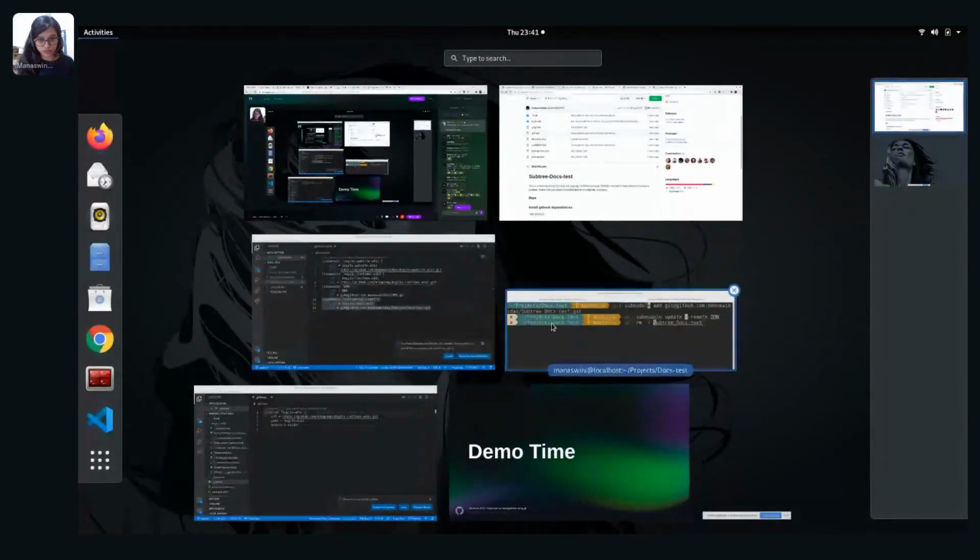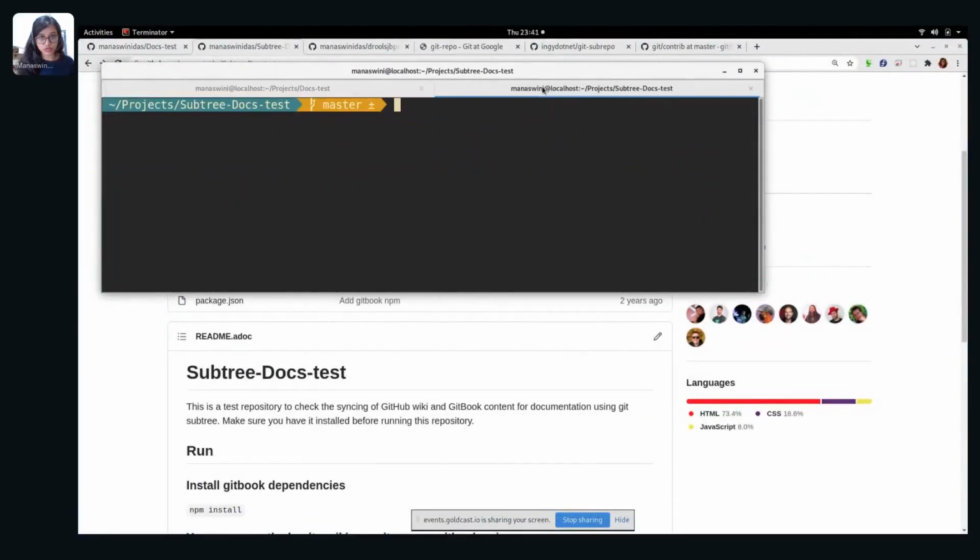So the command that you're going to use for the same is git subtree add followed by prefix is equal to new/subtree, the path. And if you don't have the exact path, don't worry about it, it's going to create a path for you, followed by the URL, followed by the branch name. So it's very important to specify the branch name,